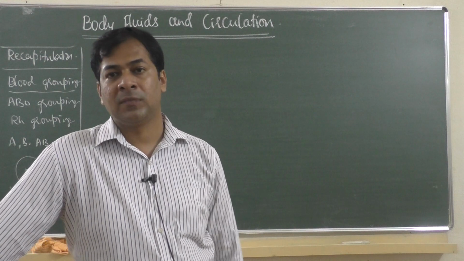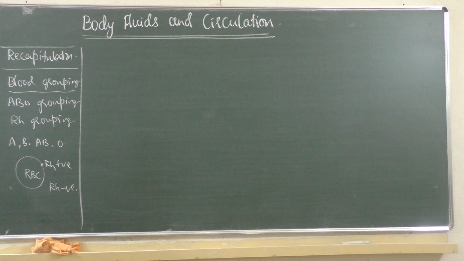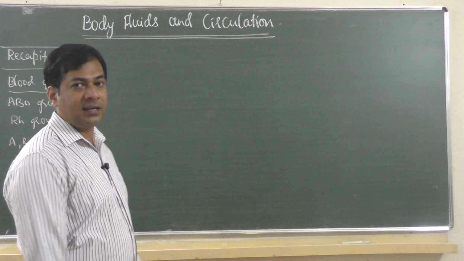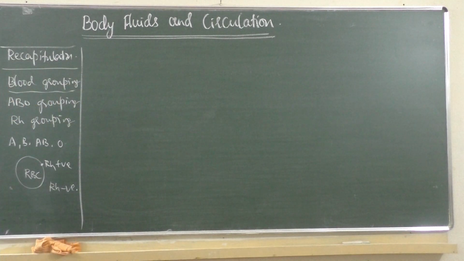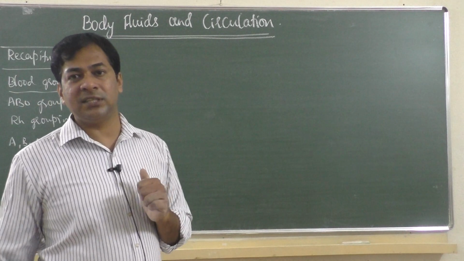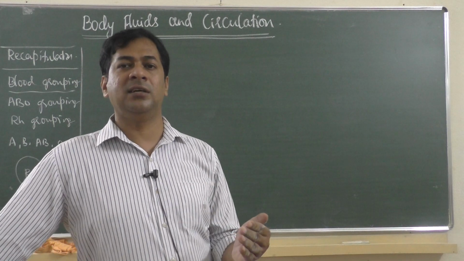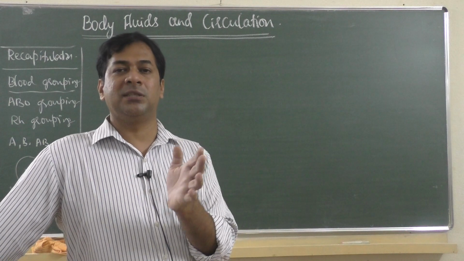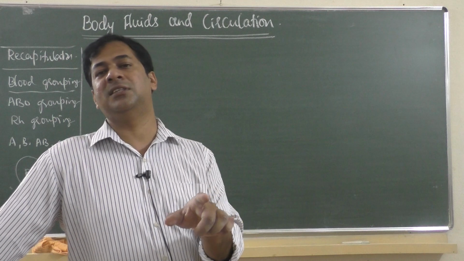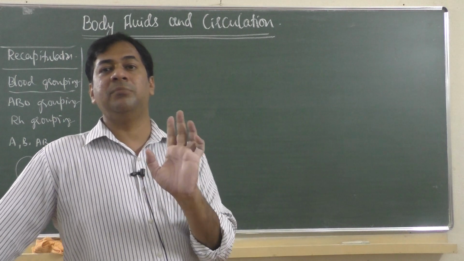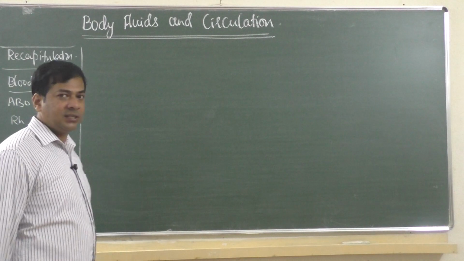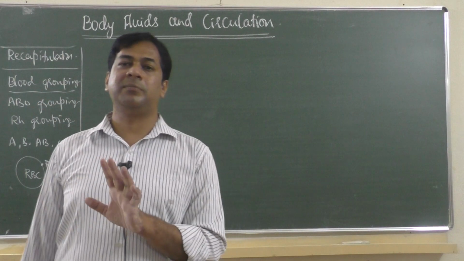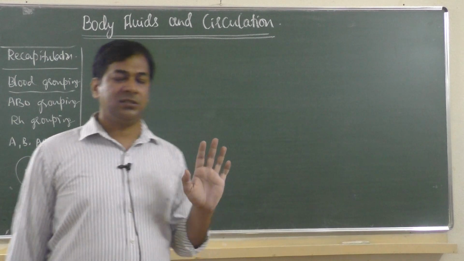By giving what type of injection? It is anti-RH antibodies. An anti-RH antibodies injection will be given, so that the mother doesn't produce antibodies. When to give this injection? Soon after the first delivery. When the mother delivers the first baby, soon after that there are chances of mixing of the baby's blood with the mother's blood. So soon after the first delivery they give this injection, so that the mother doesn't produce antibodies against that baby's blood, and the second delivery is safe. Okay, this is what we have learnt.